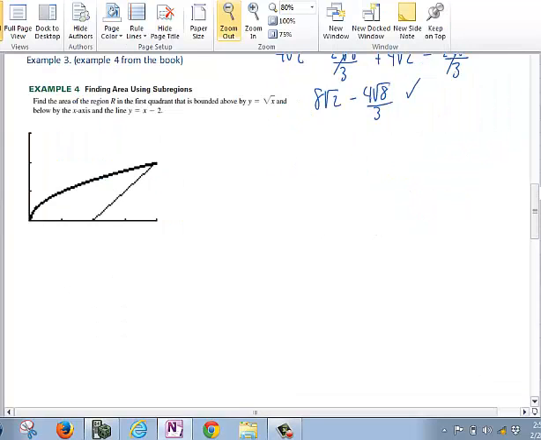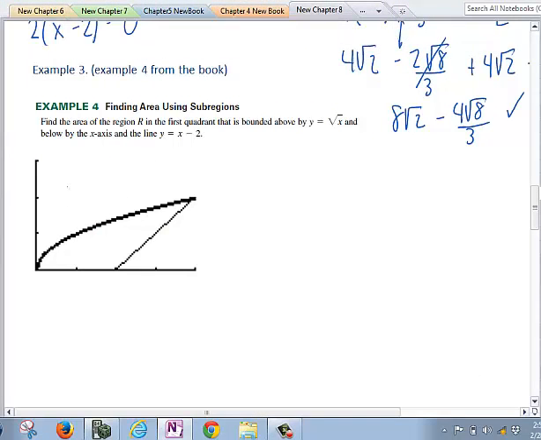The last problem we're going to work on is going to be one where we have two sub-regions, and we have to figure those out. This first function is root x. This other function is y equals x minus 2. We need you to figure out what this total area is, but sometimes it works to make up two separate integrals. The first integral would just be root x as the top function and 0 as the bottom function. And you would just integrate that part from